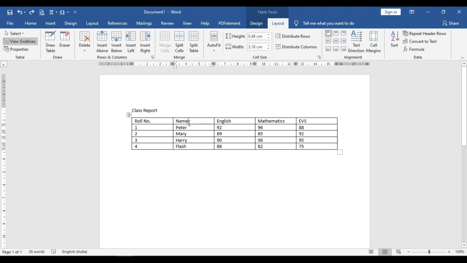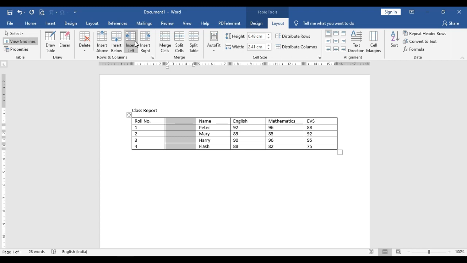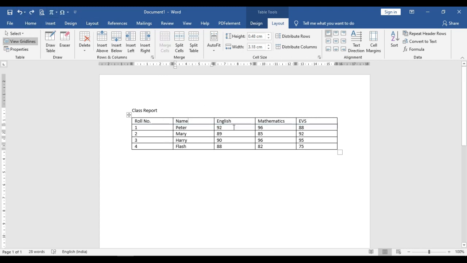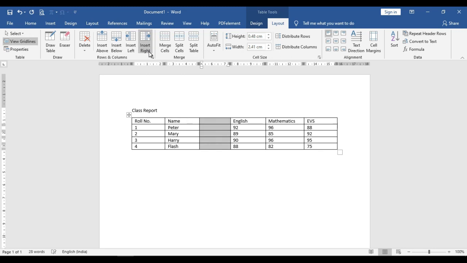Suppose here we have selected the name cell, so a new column will be inserted just before the name cell. You can see? If you want to insert the column on the right side, then click on insert right. So this is one way by which you can insert a column in a table.